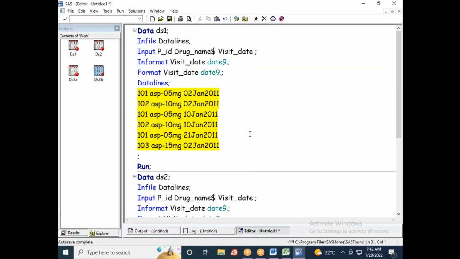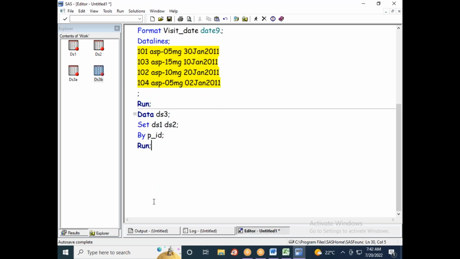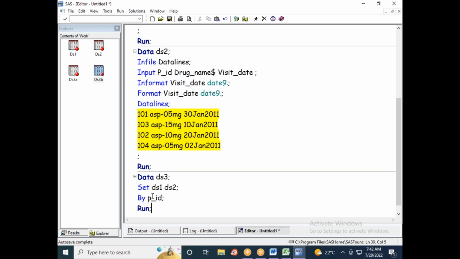I have a data set DS1. DS1 has the variables patient ID, drug name, visit date. I have a data set DS2. It also has the same variables: patient ID, drug name, visit date. So now if you see here, data DS3; set DS1 DS2; by PID; run. So if you run the program,